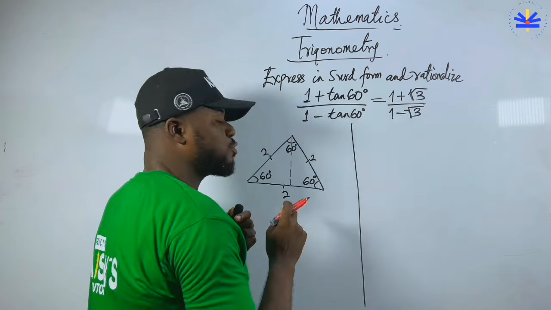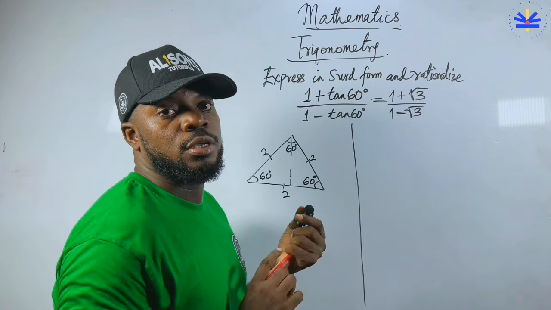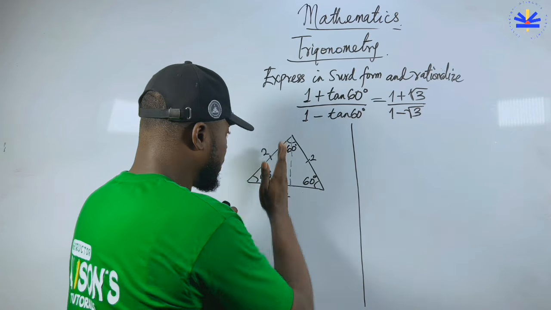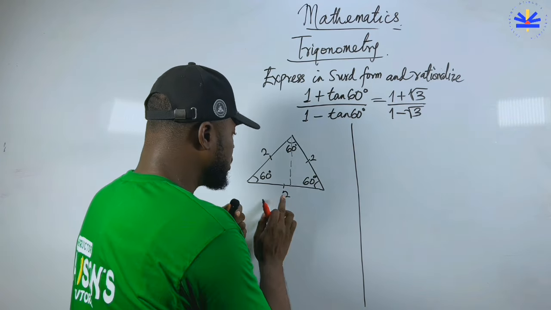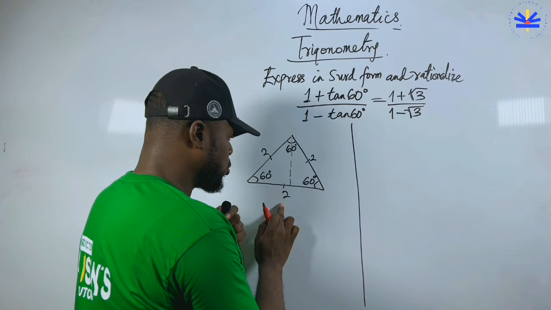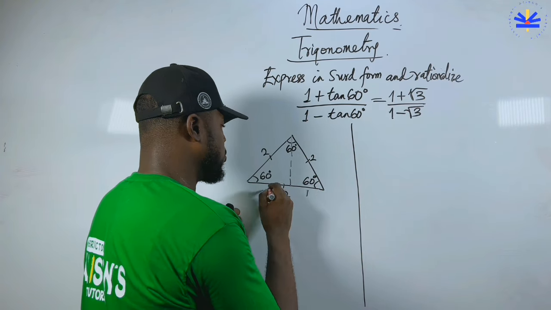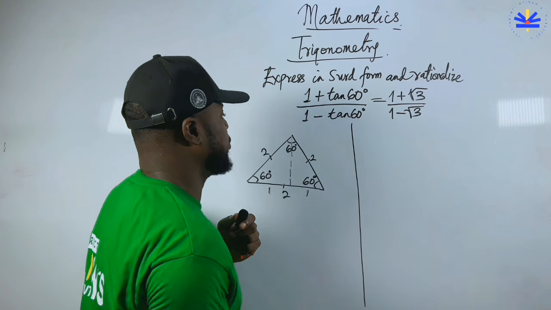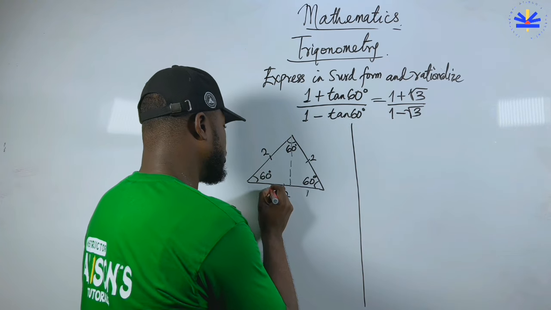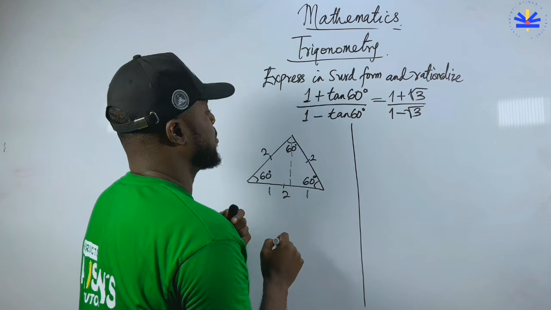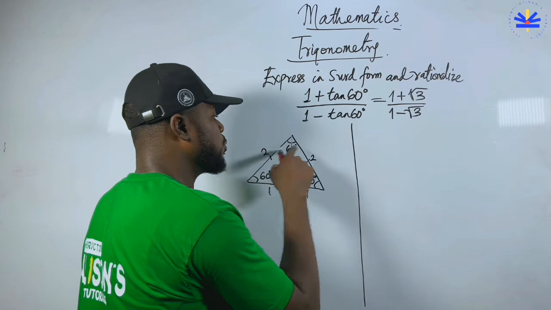If I divide this triangle into two parts like this, it means this place where this length 2 will become 1. They will share to become 1. I don't want to open this marker, it doesn't dry. This side will be 1, this one will be 1 unit. This place I did not divide, so it will still remain.